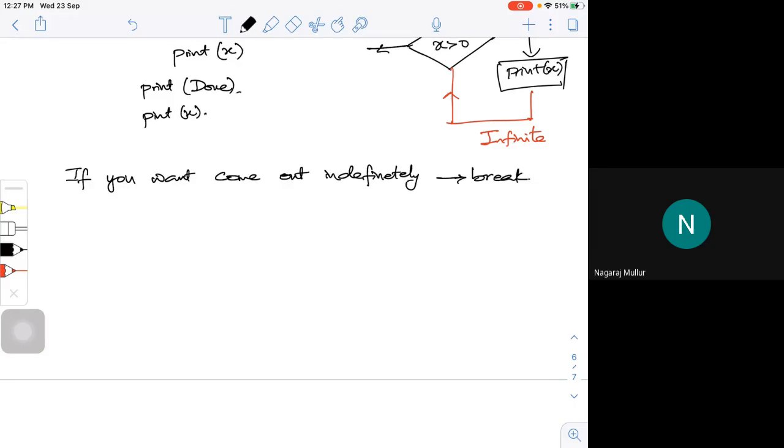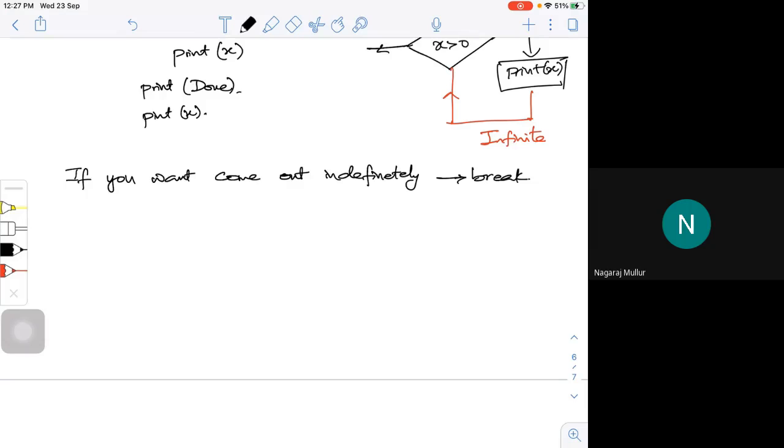A break statement ends the current loop and jumps to the statement that follows. It comes out of the loop. So when you have an infinite loop, if I use a break statement inside the loop, it will come out exactly.